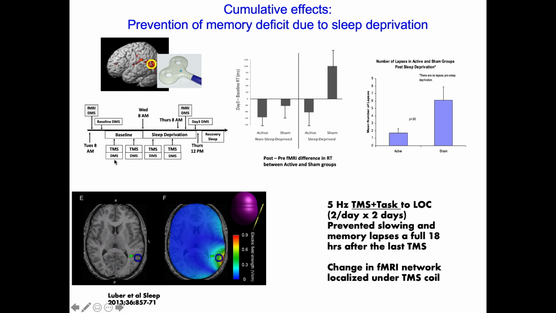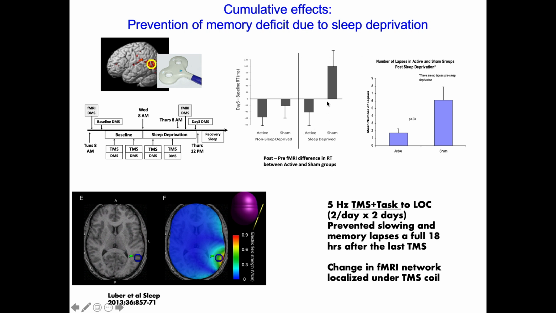Again, with that sleep deprivation protocol that I showed you before, this time during the 2 days of sleep deprivation we had 4 sessions. So we're trying to create a cumulative effect. We're doing 4 sessions of TMS for an hour each while people are doing the working memory task. And then at the end of the sleep deprivation period, we have them do the task again, with no TMS. So it's almost a day later now, and no TMS,